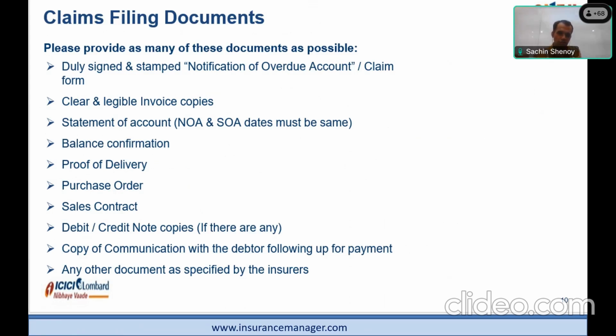In case, for some material issues, any debit note or credit note was shared, that can also be shared with the insurance company. Any follow-up communications you have made can also be shared with the insurance company for their future reference, in case we want to go legal against them. And based on all these documents, if we need any additional document, we can put a request to you for sharing additional information. Now let's move on to the next slide, please.